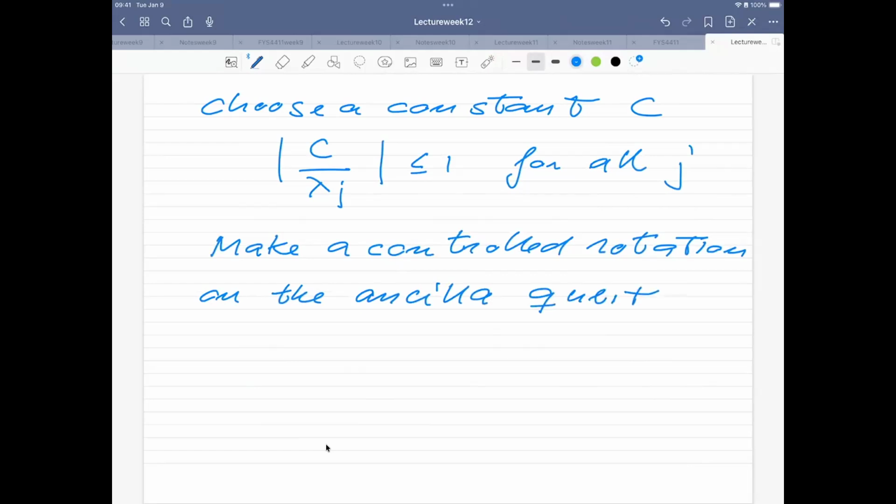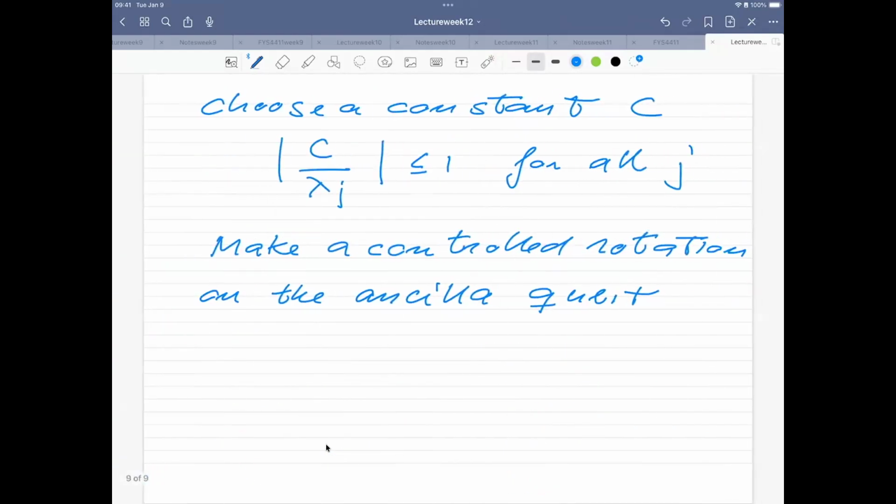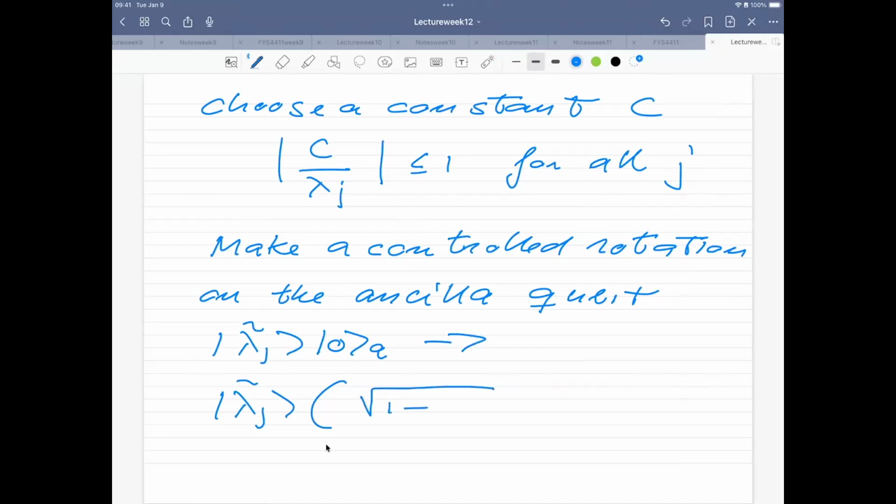So what it means then, if we now look at the state which we have, so if we look back here, we have this lambda j. So that means that if we just take that element, lambda j tilde, tensor product with A, this is going to change into a lambda j. And now we have performed this rotation. So we get 1. So this is just a normalized state of C of lambda j squared times 0 plus,